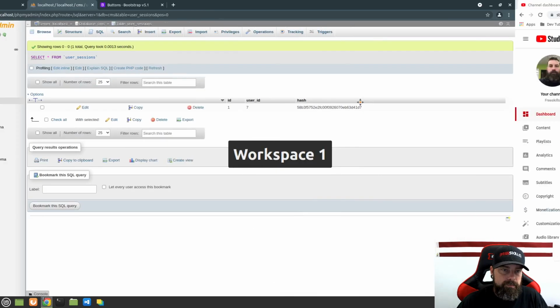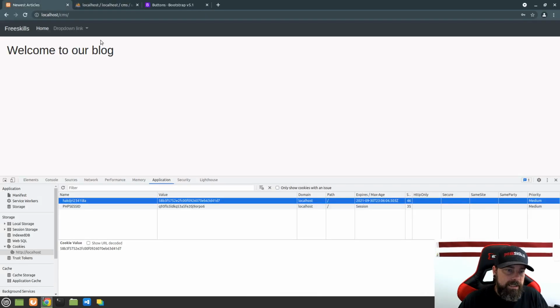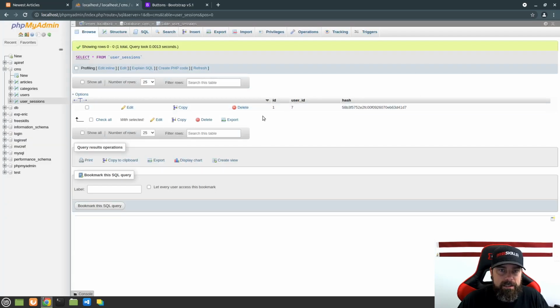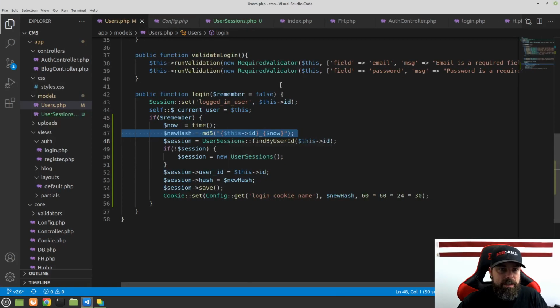Okay, so if we go back, you can see that this value right here is the hash that's in our database. So when they visit our site, what we'll be able to do is grab this cookie, find it in the database by this hash, and then log this user in. Okay, so let's go ahead now and